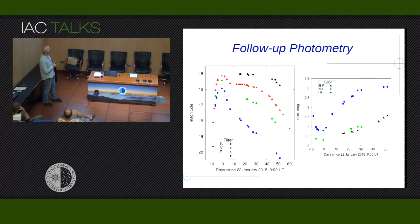The decline is much more rapid in the blue part of the spectrum, and generally, as you could see, the colors that involve the blue filters are really getting to red values really quickly. And generally, what you could see here is everything that was observed until the first day of